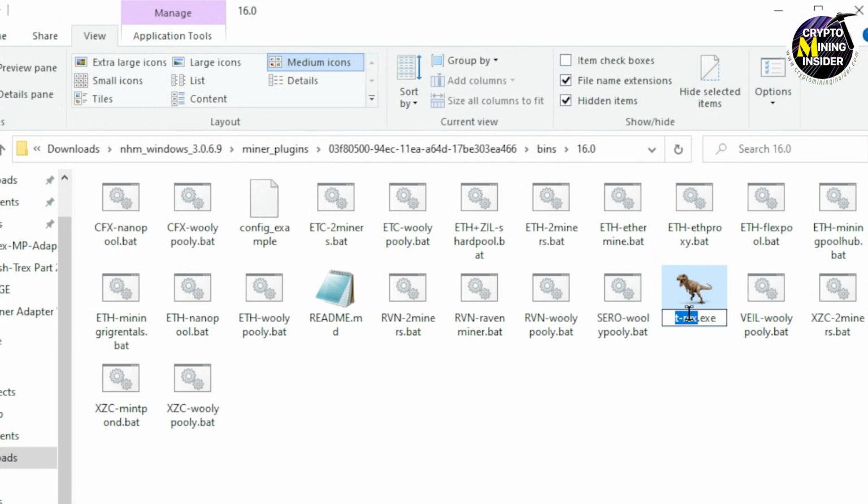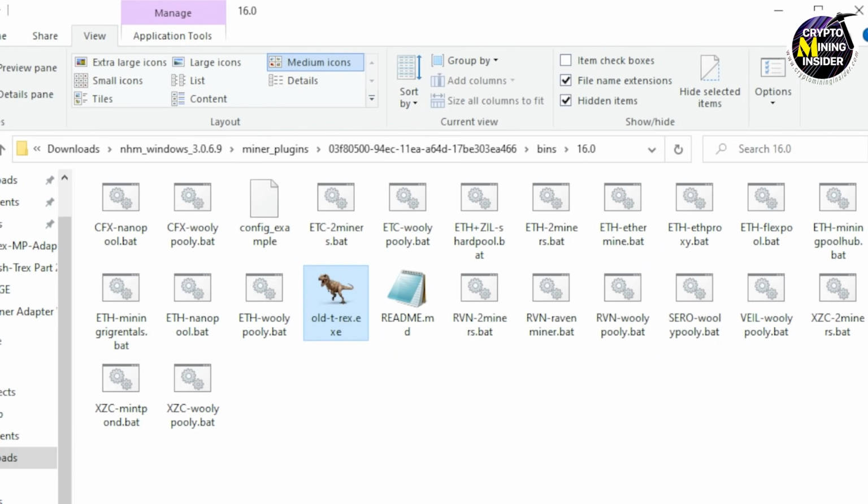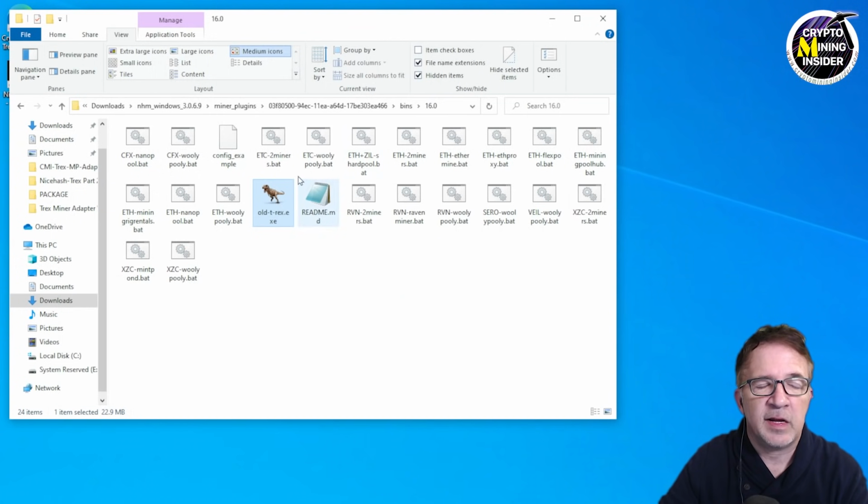What I'm going to do is start by just renaming this file to put OLD, so old TRex Miner. Now, if I go to run nicehash or do anything, it won't even work anymore because we've just renamed that file to something else. And what I'm going to do is get the latest version